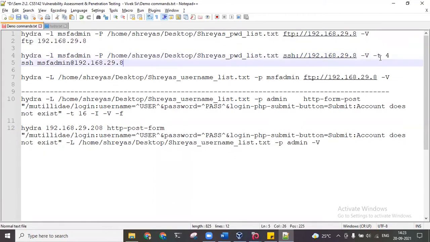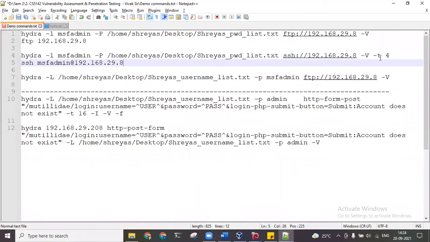When we try to connect to a victim machine, by default 16 combinations of username and passwords are sent simultaneously. Suppose they fixed a username and they're giving a list with 100 passwords. By default, 16 combinations are sent at a time to reduce the total time taken.